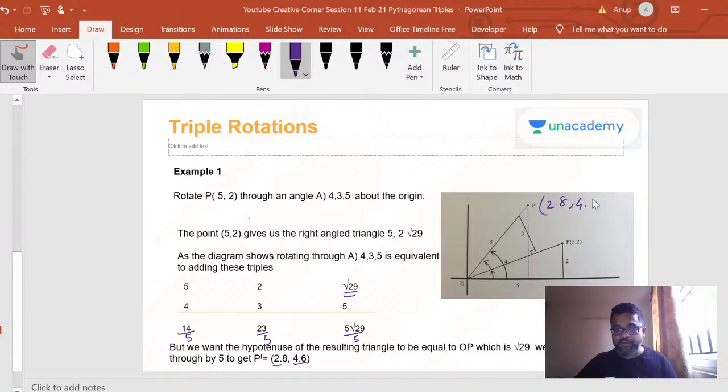Because I've equated the hypotenuse. See, I got root 29. This is root 29, right? So this also is root 29, right? But I got a ratio of it. So as I said, it